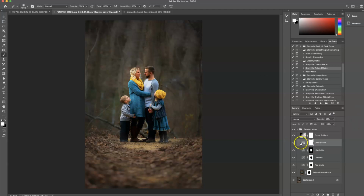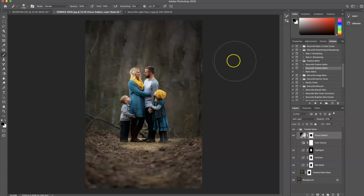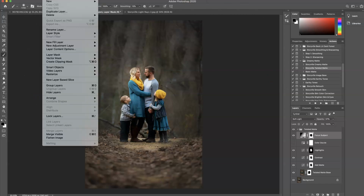Come over to the color dazzle and I'm going to turn it off. We can always bring a little bit more color back into it at the end if we choose, but for now I'm going to mute that. For focus the subjects, I'm going to leave it at the 57%, grab a black brush, 100% opacity, and just kind of wipe that off of them. So here's the before and after of that. It really softens it up and just makes it dreamy. And now I am going to flatten the image. So layer, flatten,